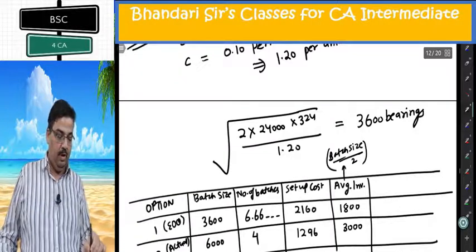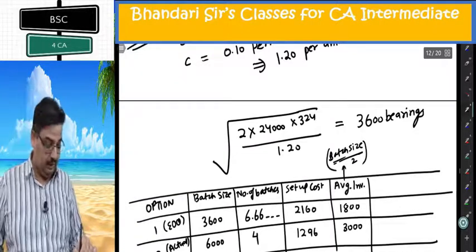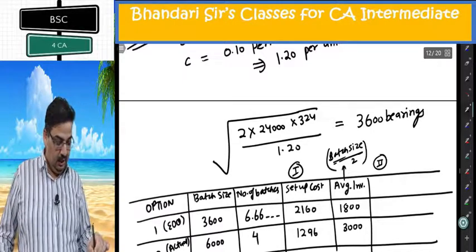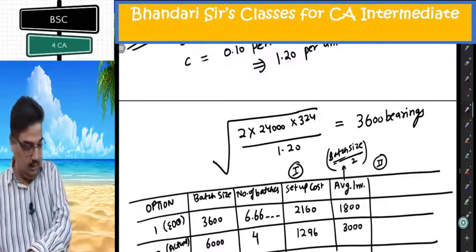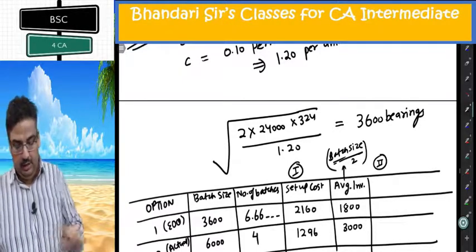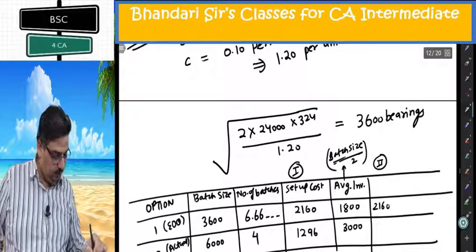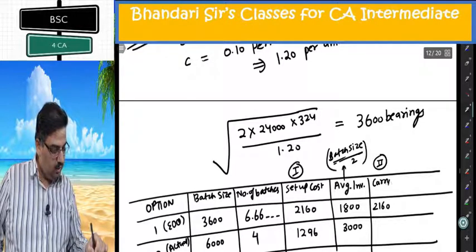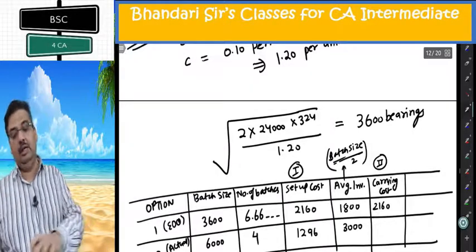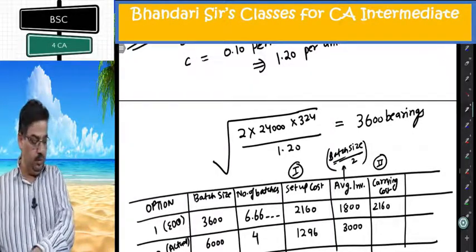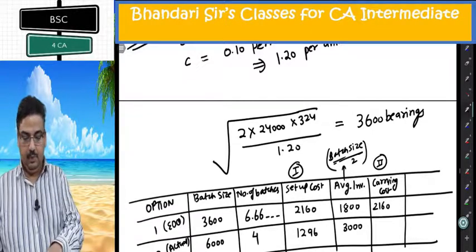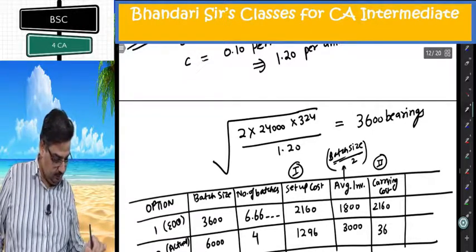Why do we divide by 2? Refer to the material costing chapter. This is the first cost we have computed. Second cost is 1.20 per unit on this. 1800 into 1.20, I get 2160. This is the carrying cost. Surely lower total cost in case of EBQ. 3000 into 1.20, I am getting 3600.